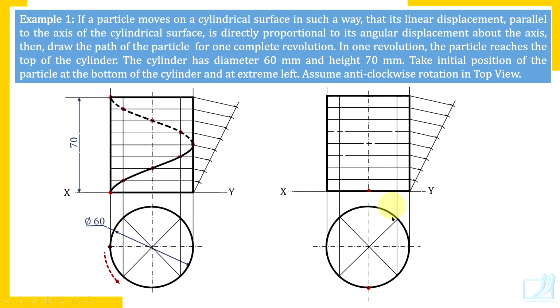Only initial position is at the bottom and at the front side. So at the bottom, but on the front side, that is, this is front side, remember. So this is how front view suggests you that it is at the bottom, and top view suggests you that it is on the front side. Now in this position it starts, but whether it moves in anti-clockwise direction or clockwise direction, let's assume anti-clockwise rotation. So that means it moves first on the right side. So this is initial position in the front view. So it starts moving on the right side, but it moves simultaneously upwards also. So this is how you start marking the points.